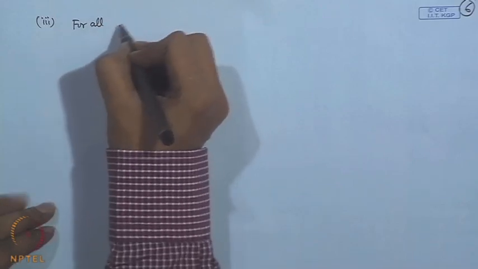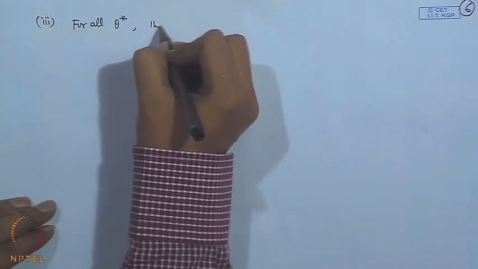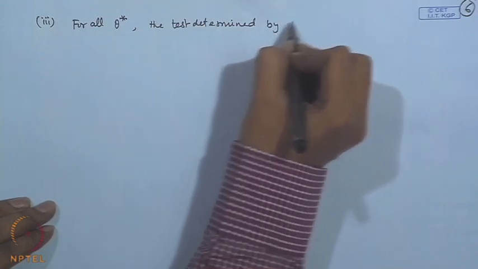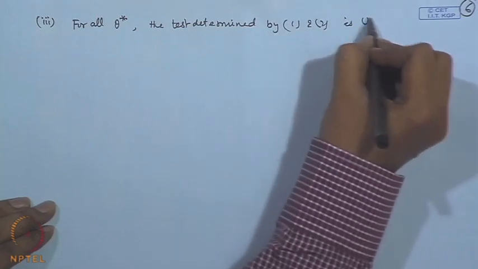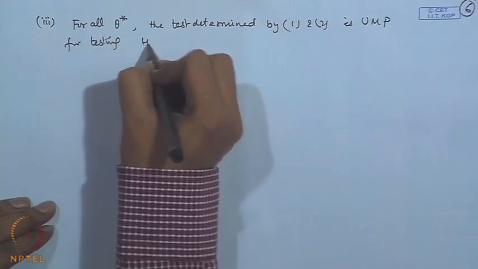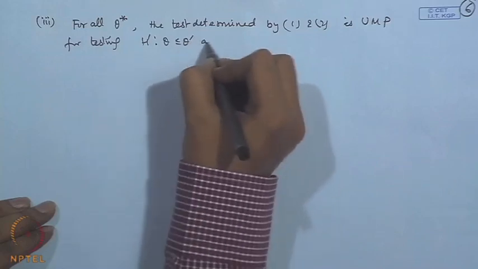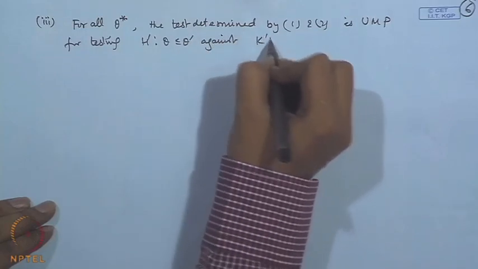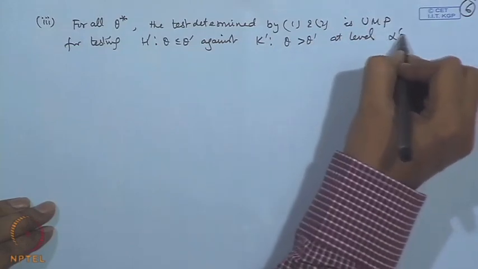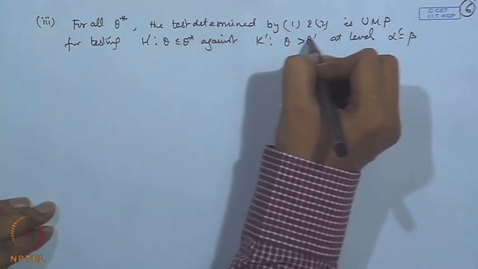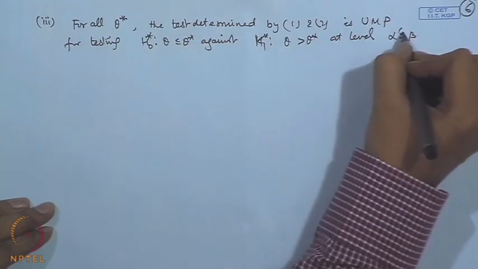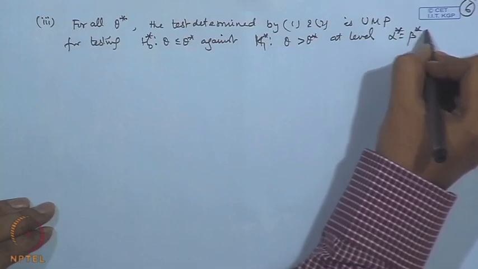For all theta star, the test determined by 1 and 2 is uniformly most powerful for testing H naught star: theta less than or equal to theta star against H 1 star: theta greater than theta star at level alpha star, which is equal to beta star of theta star,